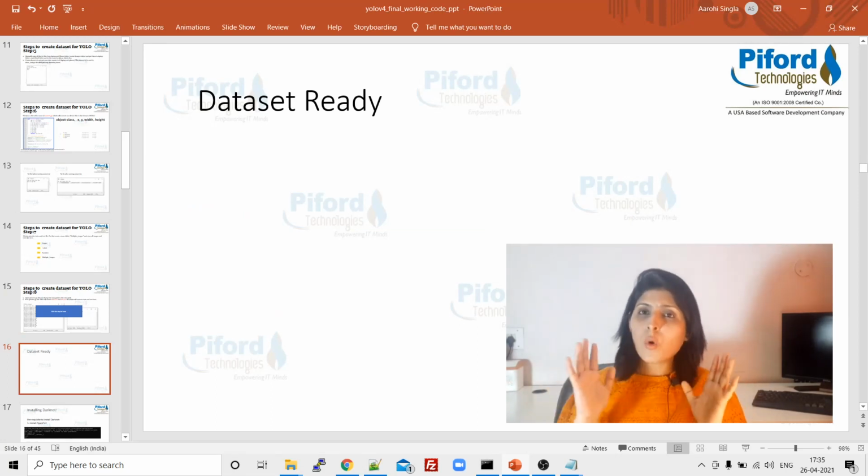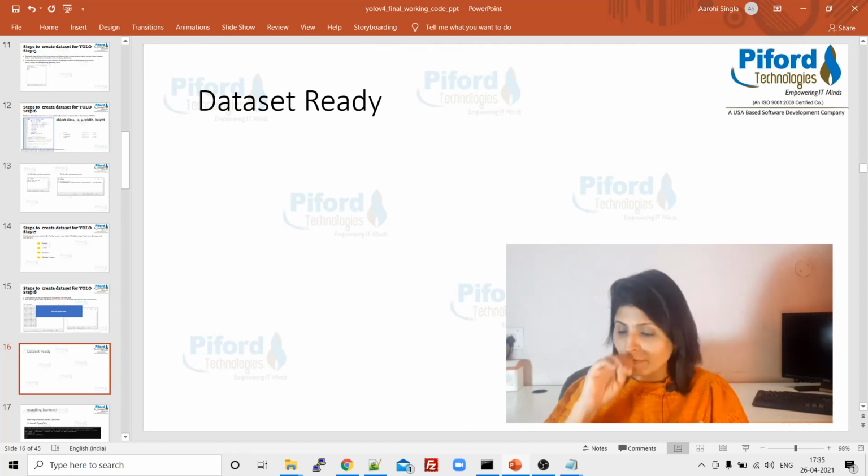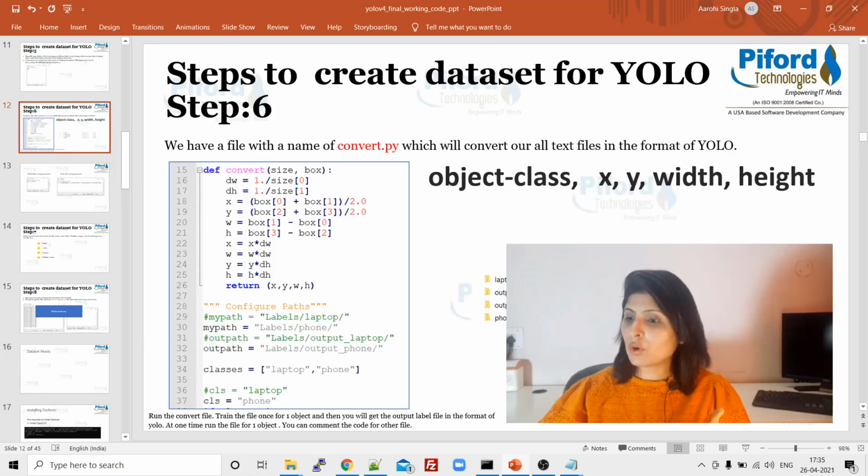Okay, so what we have done is we have downloaded the images from the internet and then using the bbox tool we have annotated our images, and using the convert.py file we have converted our images' annotation text files into the format of YOLO version v4. And what is the format of YOLO version v4?